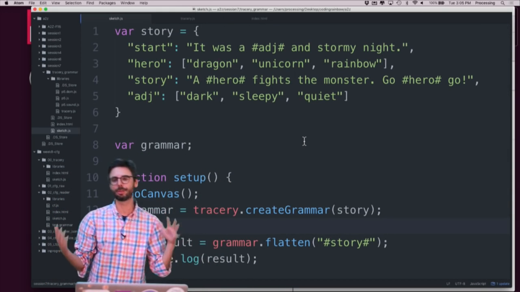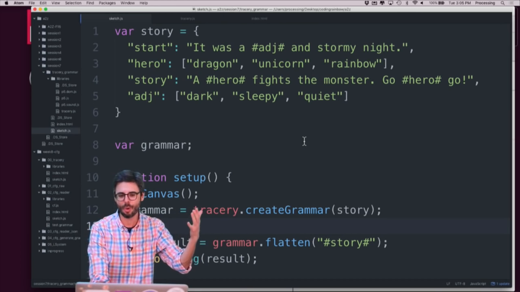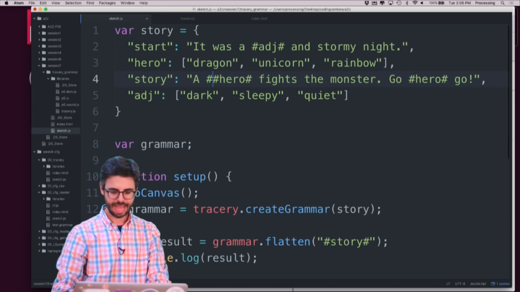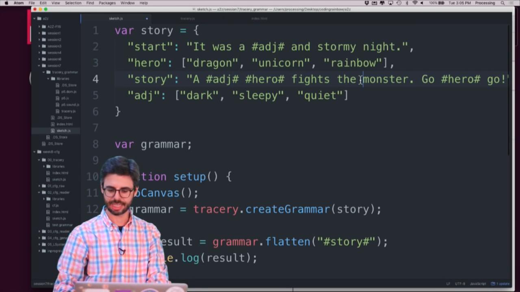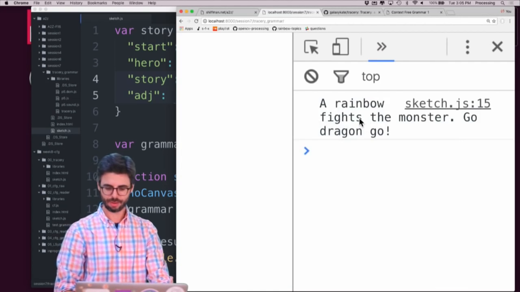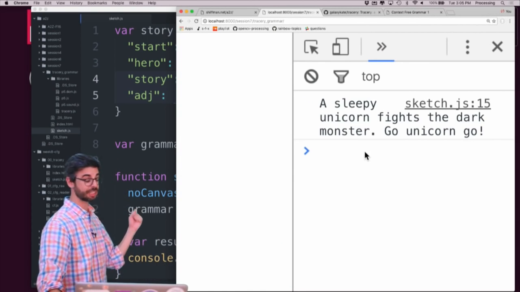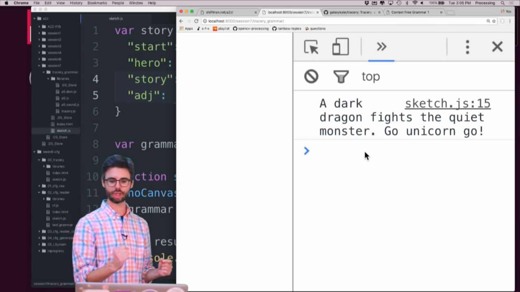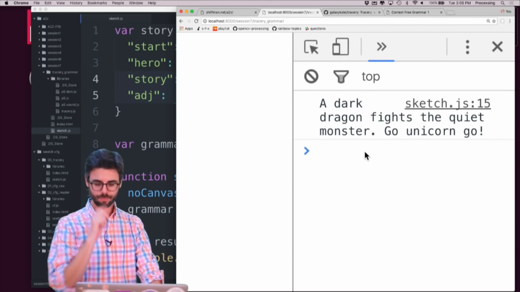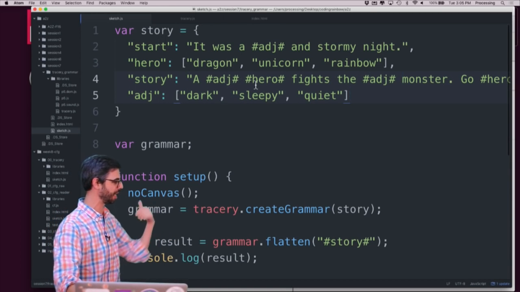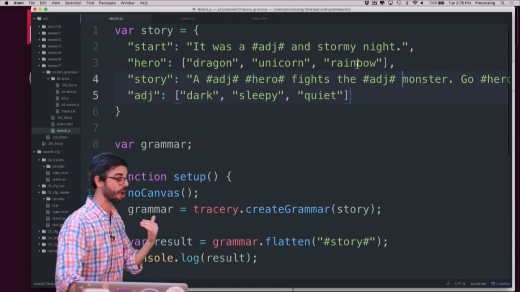So, in the sort of Mad Libs way of thinking about this, sometimes I want to have a different adjective. So I could say a adjective hero fights the adjective monster. And so in this case, right, refresh, a sleepy unicorn fights the dark monster, go unicorn go. A dark dragon fights the quiet monster, go unicorn go. So I do want a different adjective. I want a random adjective for the hero and the monster, but when I say hero, I want to get